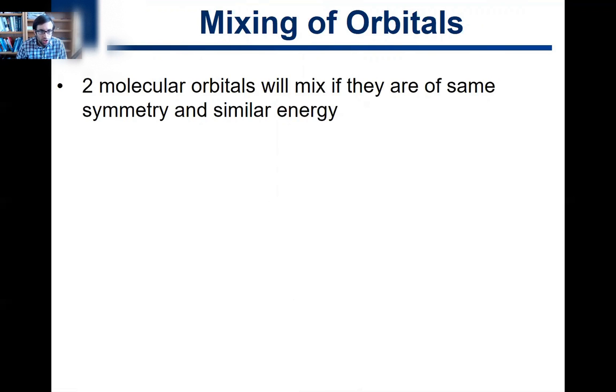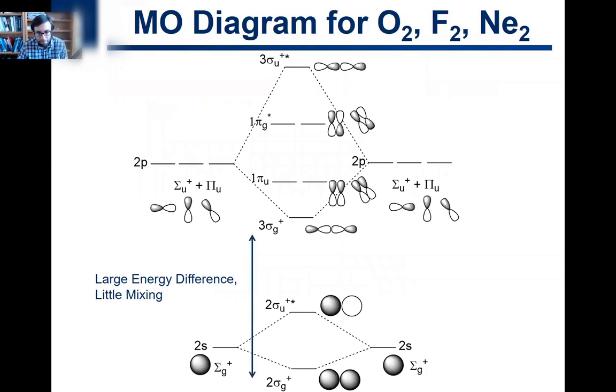If you have molecular orbitals of the same symmetry and similar energy, they will also mix with one another, just in the same way that two atomic orbitals of similar energy and same symmetry mix to make molecular orbitals. Two different molecular orbitals of similar energy and same symmetry can also further mix, okay? And so if you look at our MO diagram, and now we're going to be looking at,